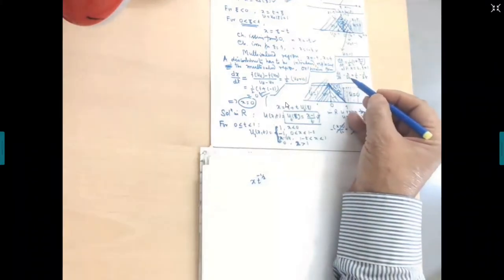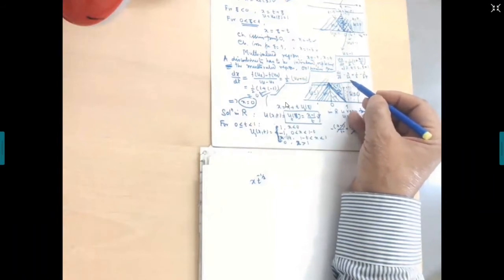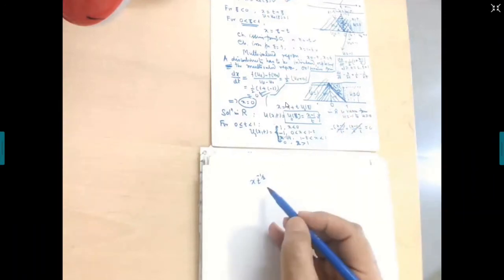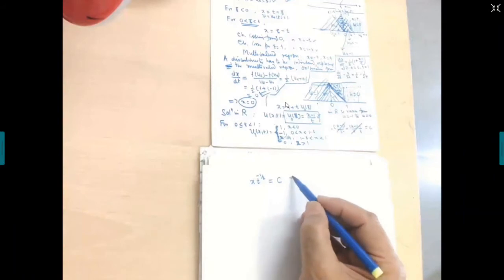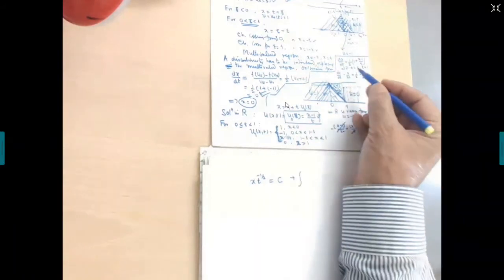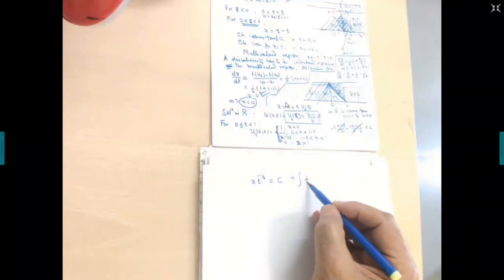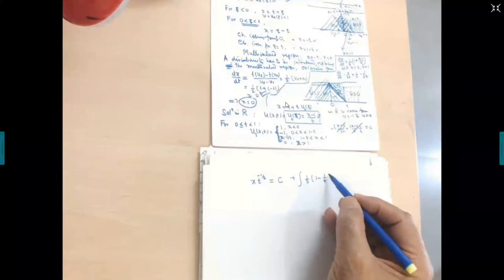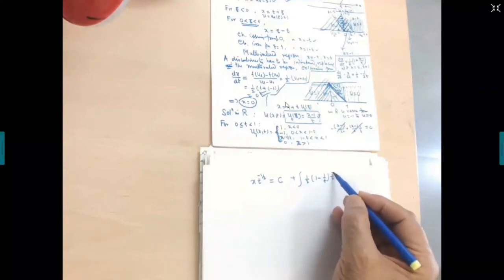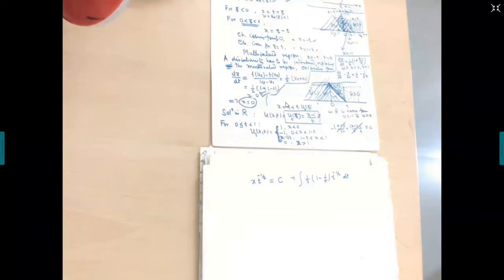X into its integrating factor: e and log will cancel. Minus half log t, that is t to the power minus half. So x times t to the power minus half is equal to some constant plus the integral of this expression, half of 1 minus 1 upon t multiplied by t to the power minus half. Please check, is it correct? Whatever formula I have written, I hope it is correct.